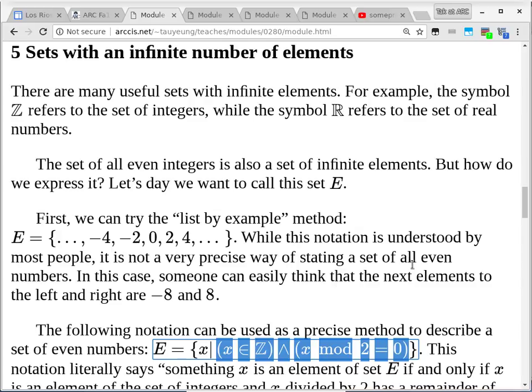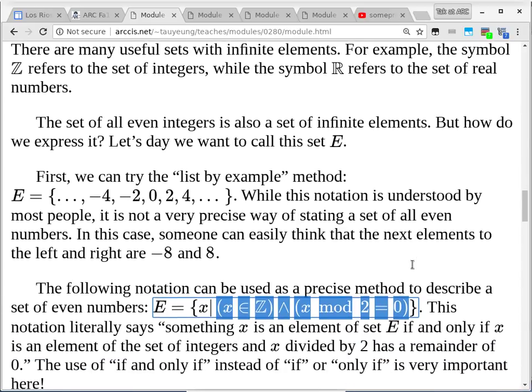Okay. So are we still doing okay so far with the notation? How to describe what is in a particular set. With a finite set, you can just list everything in it. With a set that has an infinite number of elements, this is the notation to do it. Is that okay? All right. So if there are no questions,